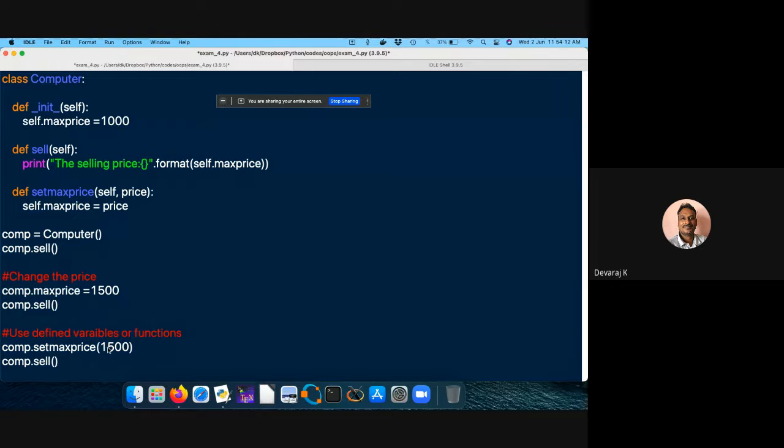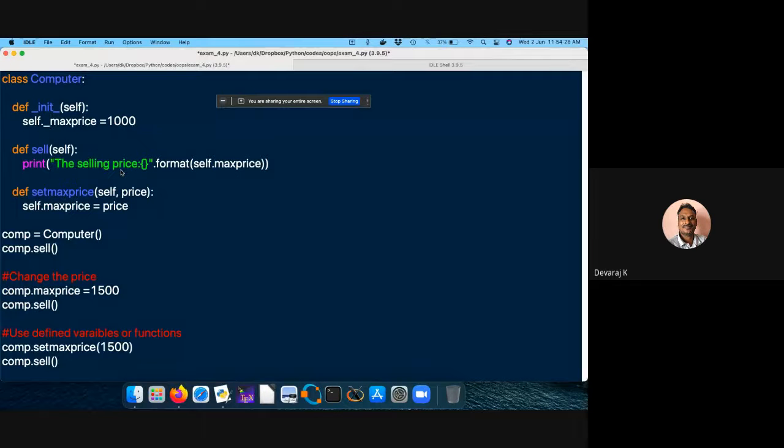So I'm making it to 1500. This is actually what I have defined as some 1000 or 1500. Then self underscore max price is equal to your price, what I'm going to call. So when I call this actually, I should be able to get this.